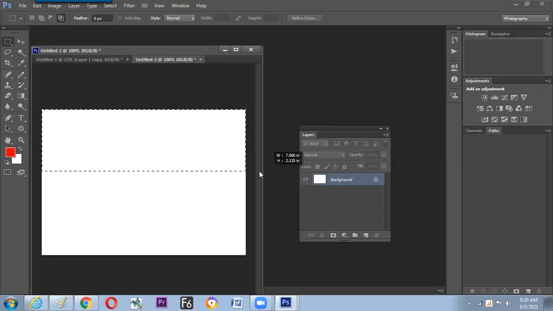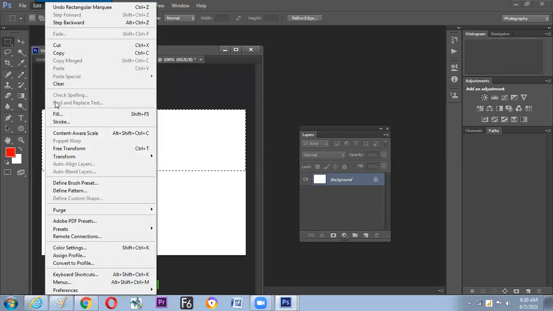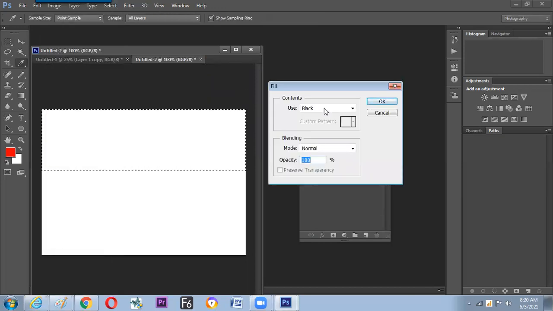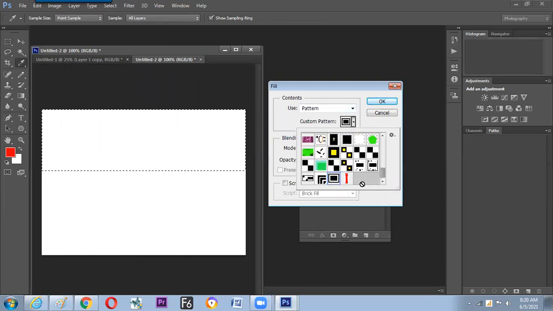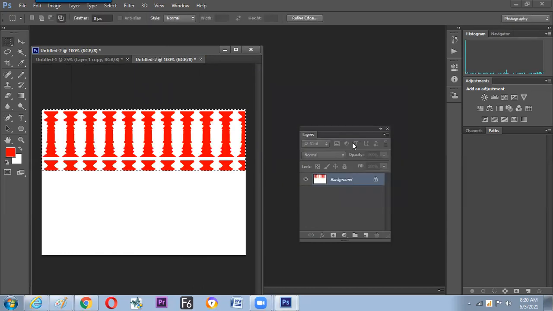Now in this zone, we need to fill this particular pattern by the fill button, pattern, and the recently created pattern is there. So hope we have understood how to fill the pattern, and this area we don't need, then we can fill the white by the background color filling. Background fill happens with control backspace.